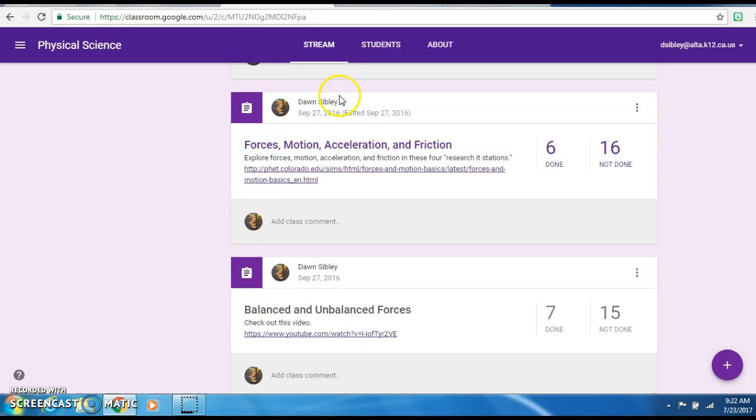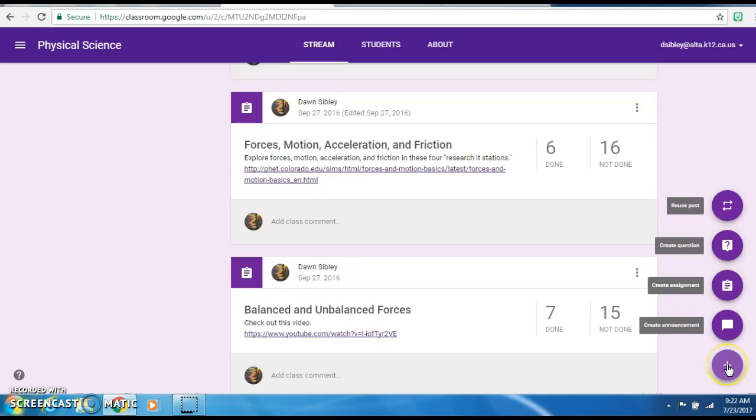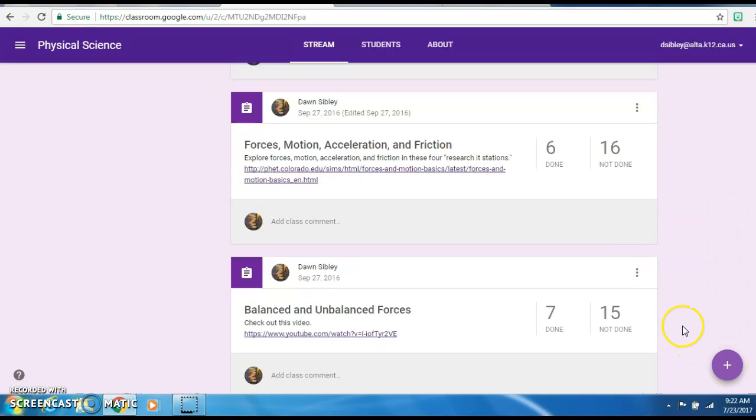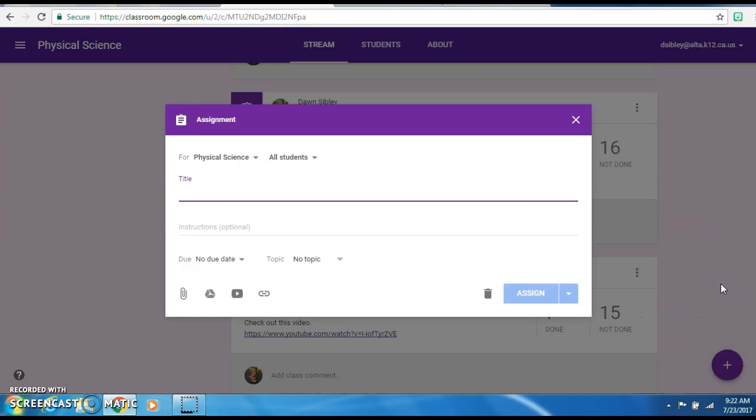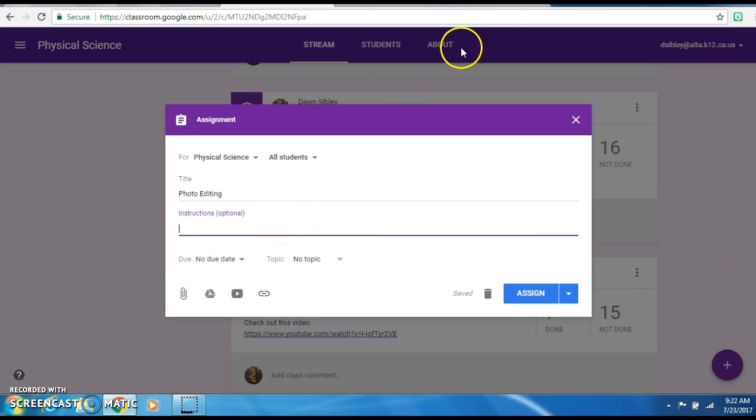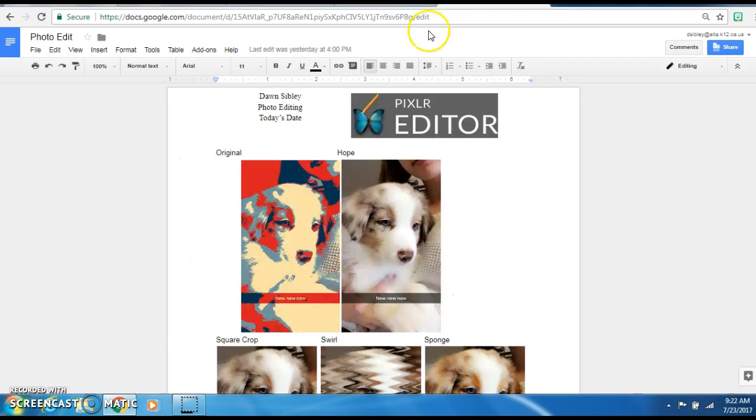kick-off to our lesson. Now, in order for you as a teacher to make an assignment, you could click the plus button here, and here you see you have 4 different options of the types of things you could make for your students. If I want to create an assignment, you'll get a site like this. So maybe my assignment that I want to create here is called photo editing, and within my instructions, I would take some time to explain what I expected of my students, but here's an example of the document that I